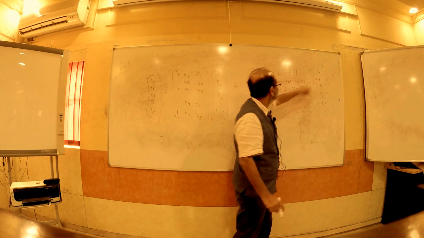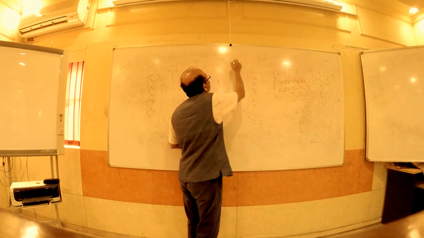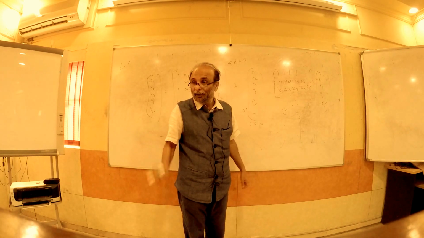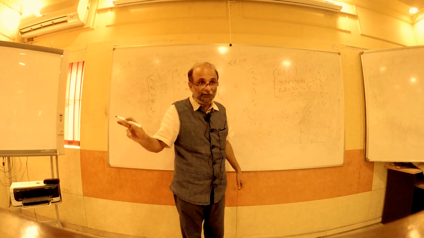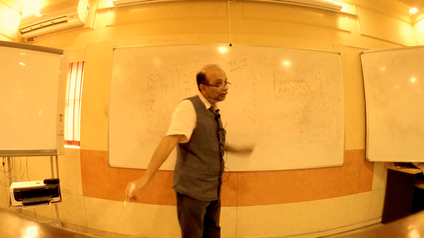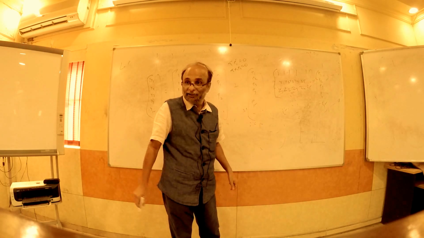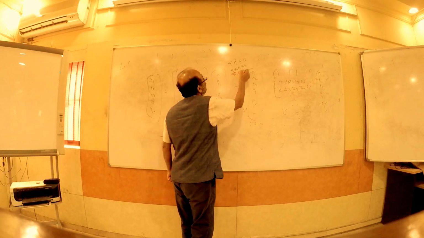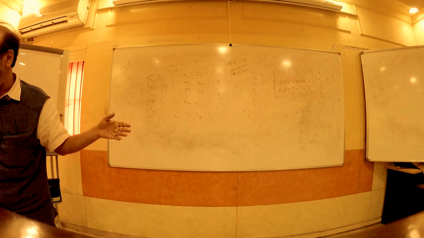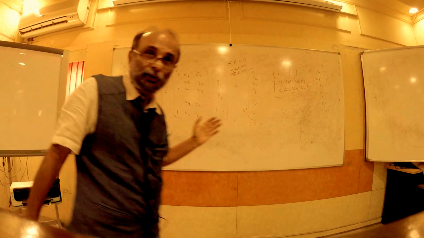First I get e1 plus e2 plus e3 plus e4 plus e5 is equal to 0. So the first condition I get is summation e i is equal to 0. Then what do I get? x1 e1 plus x2 e2 plus x3 e3. So summation x i e i is equal to 0, or the dot product of x and e is 0. Then what do I get? z i e i is equal to 0. So the third condition I get is z i e i is equal to 0. These three conditions, if I solve for three unknowns, I get alpha, beta 1, beta 2. So it is only the generalization of the condition that X' e is equal to 0.